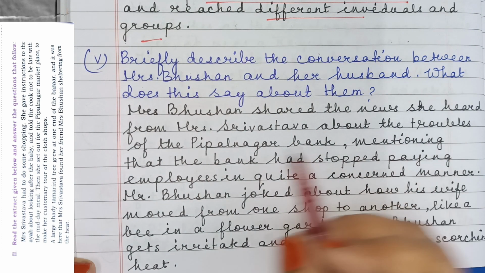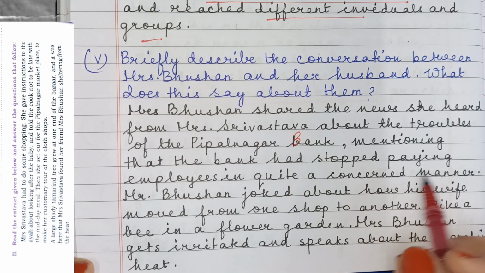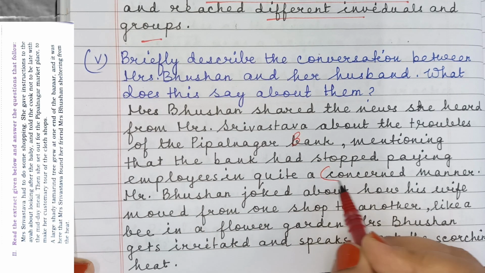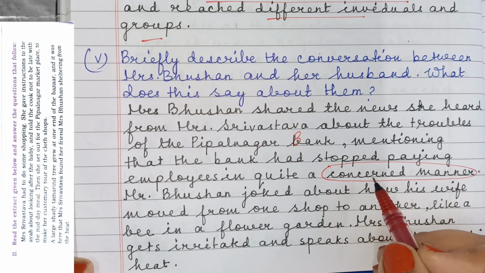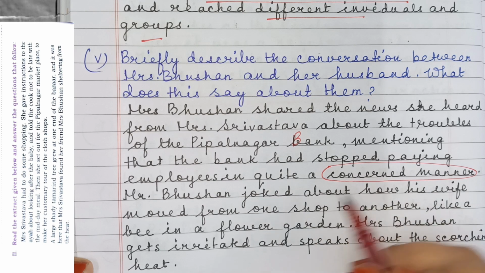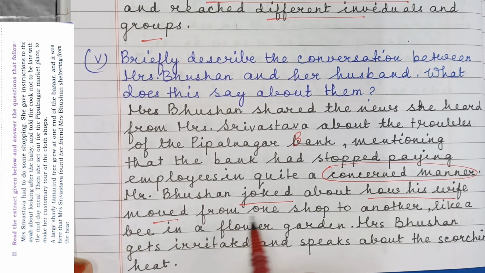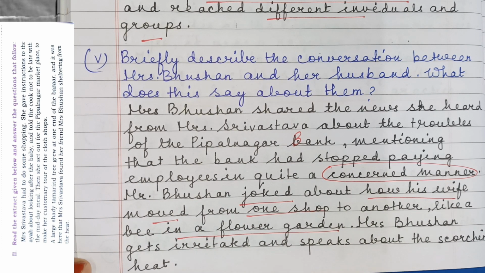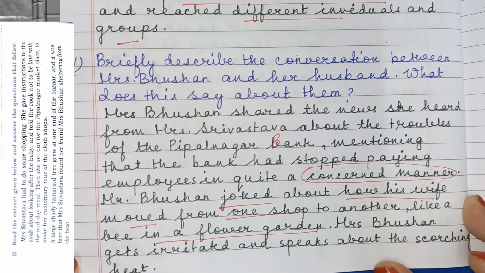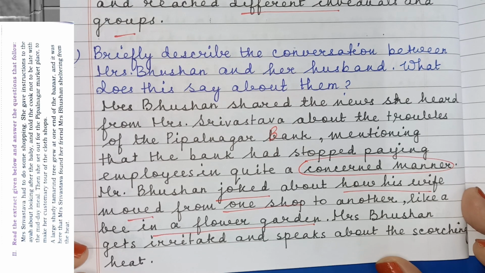Srivastava about the troubles of the People Nagar Bank, mentioning that the bank had stopped paying employees in quite a concerned manner. वो बहुत चिंता में थी और जल्दी जल्दी वो आके अपने हस्बैंड से इस बात को उन्होंने शेयर किया. Mr. Bhushan joked about how his wife moved from shop to shop like a bee in a flower garden. वो तो जोक कर रहे थे, वो तो रिलैक्स्ड मूड में थे, मगर जो वाइफ है वो बहुत चिंतित हो पड़ी थी. Mrs. Bhushan gets